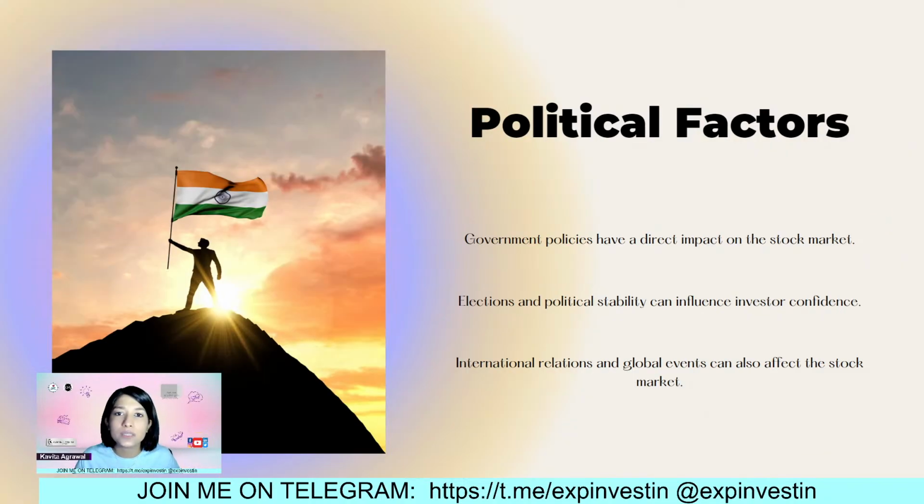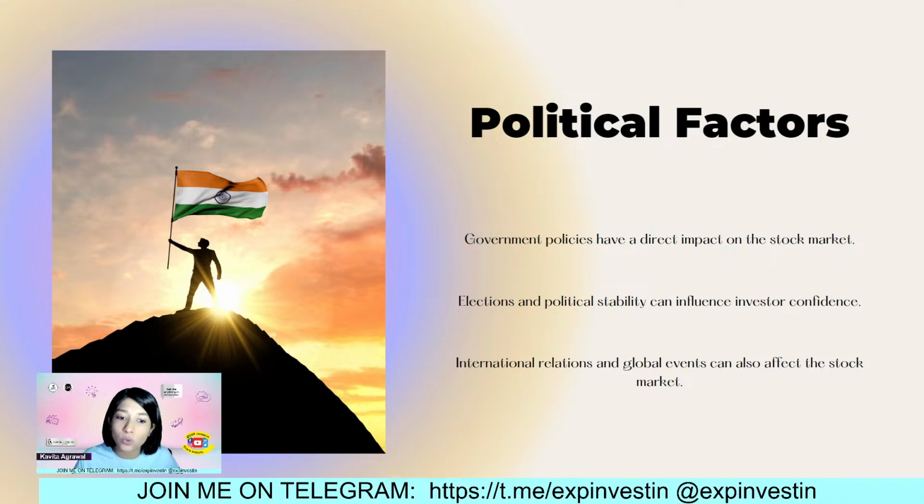Another factor is politics. Now, what government policies are being introduced? How do they impact the overall economy is something that the stock market gauges really well. Elections and political stability is something which affects investor confidence, and that is common knowledge. As soon as India, back in 2014, had showcased that it was politically in more stable hands, the stock market started off a fresh new rally, which has been going on till date.